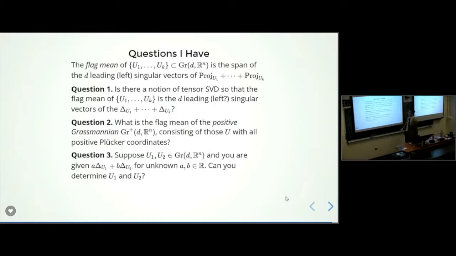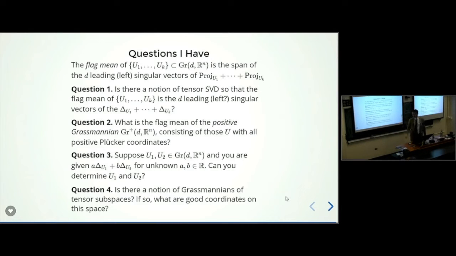Question number 3, this is like sort of the secant question for the Grassmannian. Let's say I have a linear combination of Plucker coordinates where I don't know these coefficients. Can you tell me what U1 and U2 are? Or even in a more basic question, say I just give you a point in the projective space, can you tell me whether it is of this form or not? And